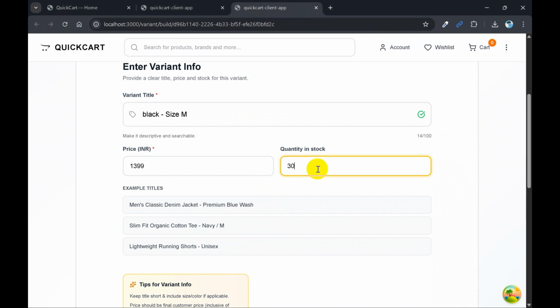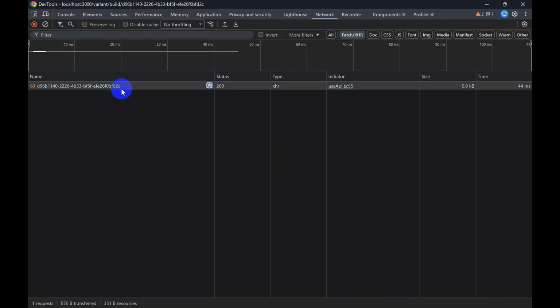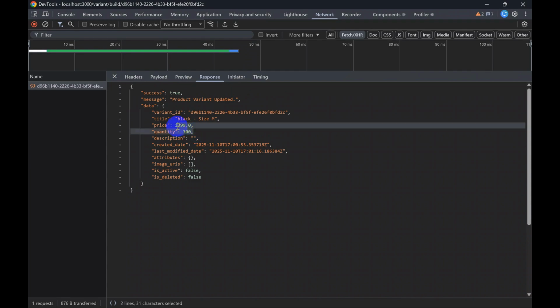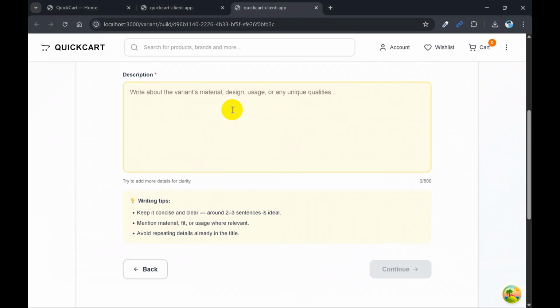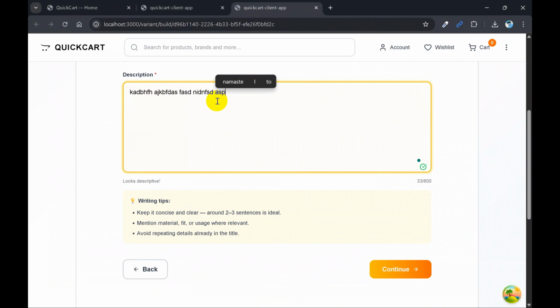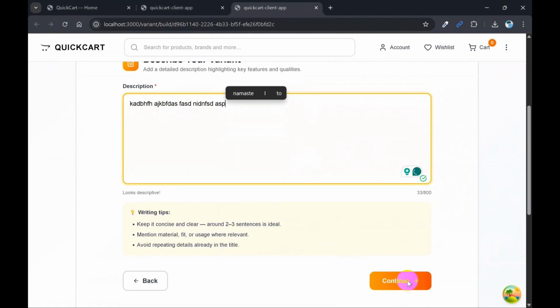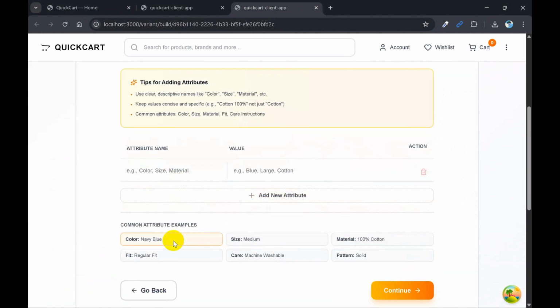So let's say I want to update the stock to 300. I can say continue. Each time I make a request, there's a put request made, a network call made, which is updating the cost and quantity and everything data. And I can write a description. So I can say some description over here. I'm not doing it seriously because that's not the goal here. We can have any description over here. And I'll add some quick